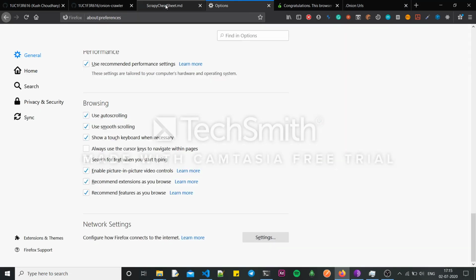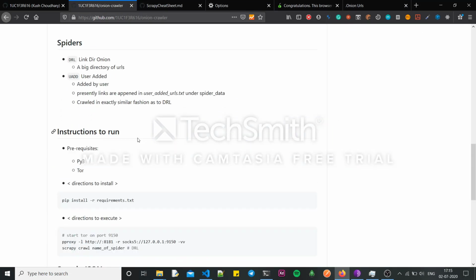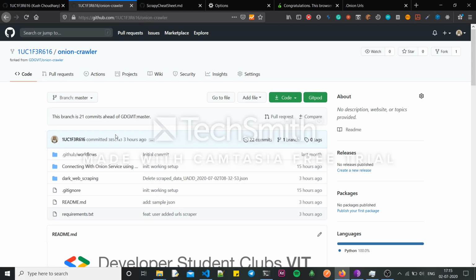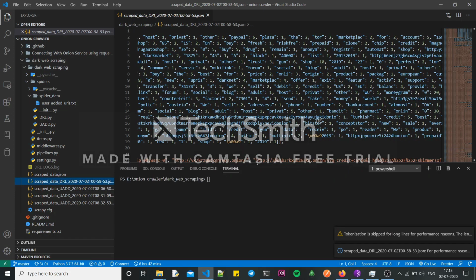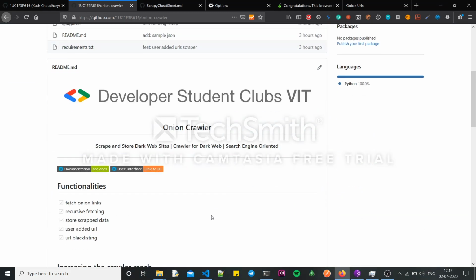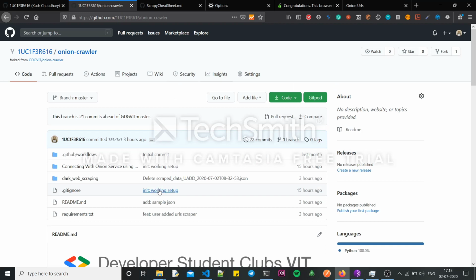So let me go through, I've covered all the things. This is the basic setup that you have to do, and then you can run your Tor browser. Basically, what I wanted is that if you are making an onion crawler and you have some problem with the initial setup, I wanted to help out with that. I hope it does help, and I will be making some individual videos on how to open these onion URLs in your Firefox browser or whatever.